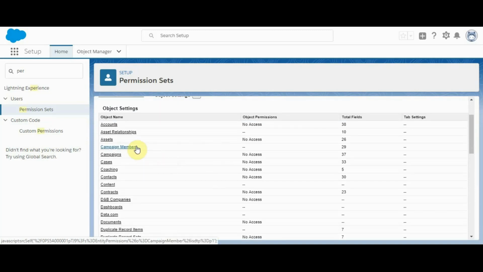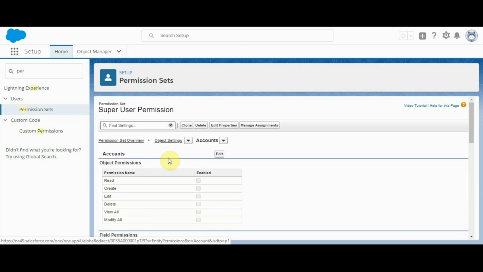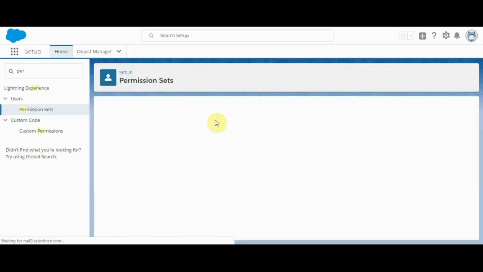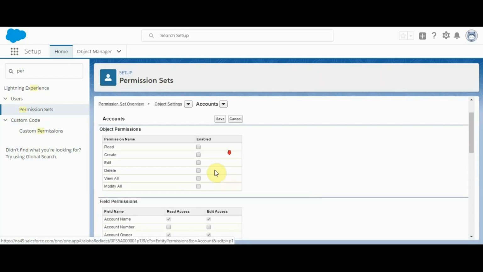Let's say we wanted to grant additional access to accounts. You can select accounts, and you can see we have the same options as we do for profile. So for this permission set, we want to give this user the ability to modify all accounts. So we'll go ahead and select edit, modify all accounts. And you see this will actually override profile. So let's say on their profile they could only edit and read accounts. When we select the modify all for the permission set, they'll be able to override that initial level of access